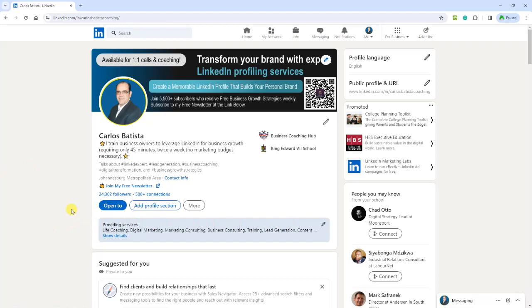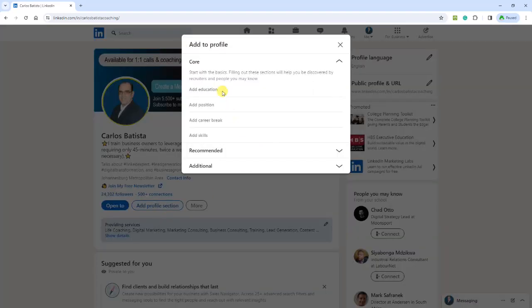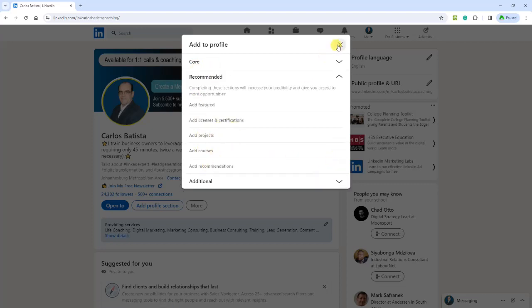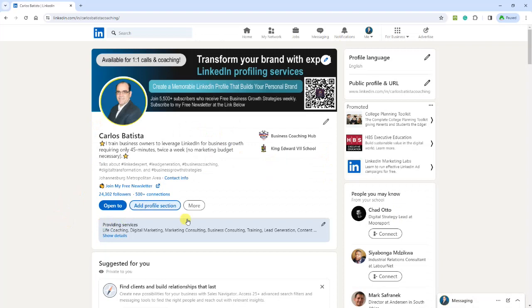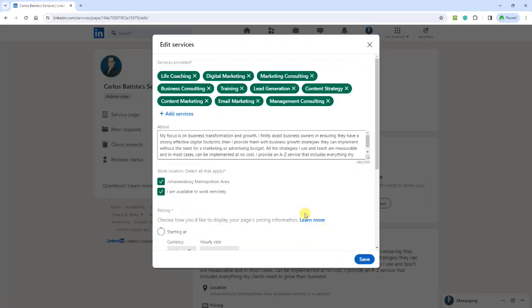The first one is click on add profile section, and it will either be here under core or it will be here under recommended. If you don't see it, there will be some banners over here instructing you to add providing services. Once you've added it, you can edit it by clicking on the pencil, and that will take you to your